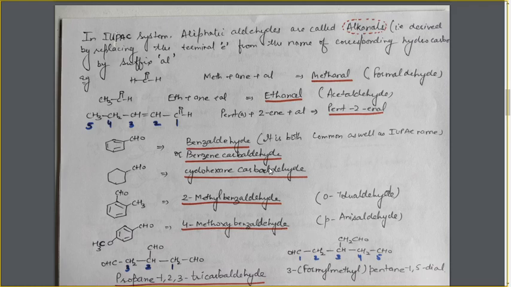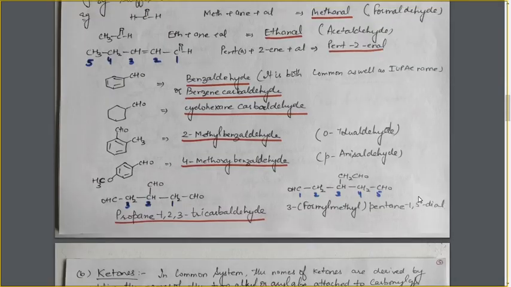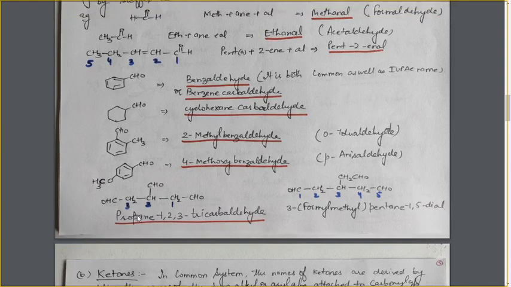Now let's see this case. This is a very interesting case. Here a compound is given in which there are 3 aldehyde groups. If we start numbering from this carbon atom, 1, 2, 3, 4 and 5, there will be a 5 carbon chain, and the carbon atoms of these two functional groups will be included in the main chain. We will write "al" for these two functional groups, but for this functional group the carbon atom is not included in this main chain.